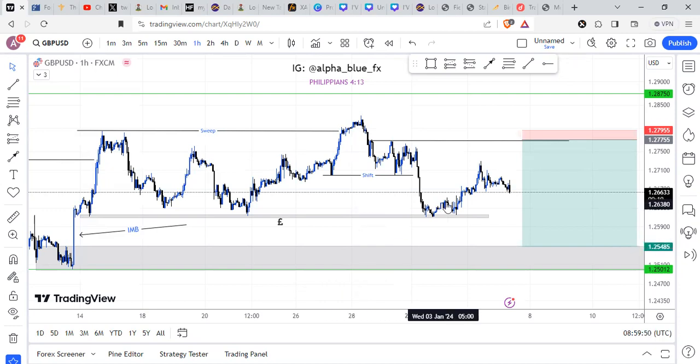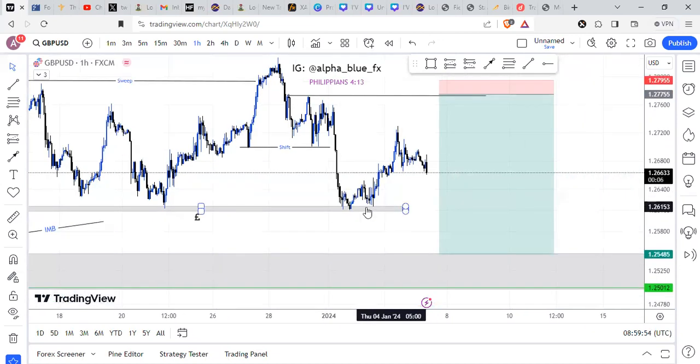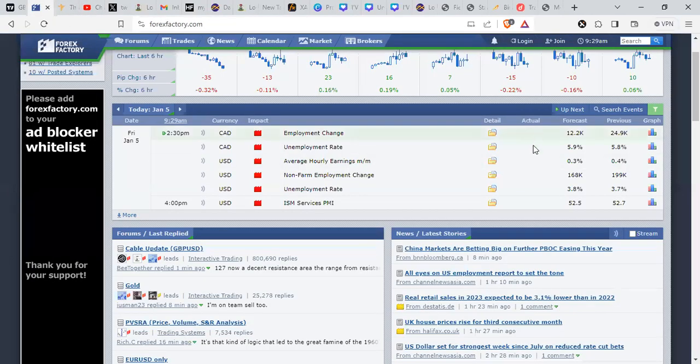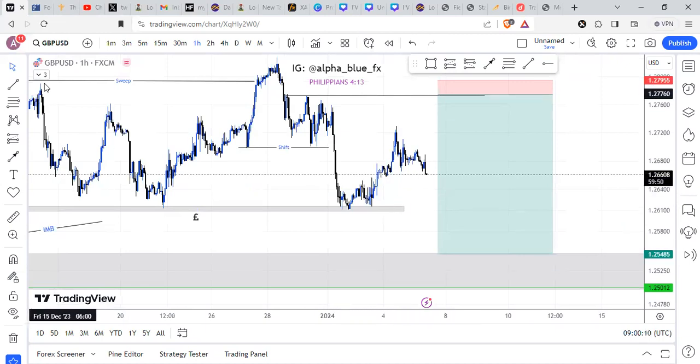So let's say this NFP today is all the way good for the dollar. That means everything on that place I showed you is green. When this data is released, it's either going to show in green or red color, right? If everything here is green, it means the data all the way supports the dollar. So if the data all the way is good for the dollar, it means we're going to see a strong